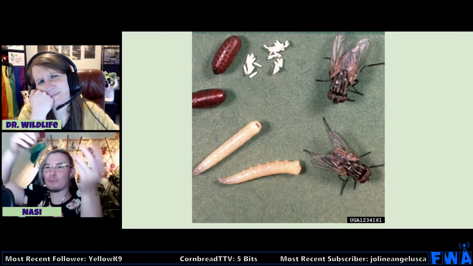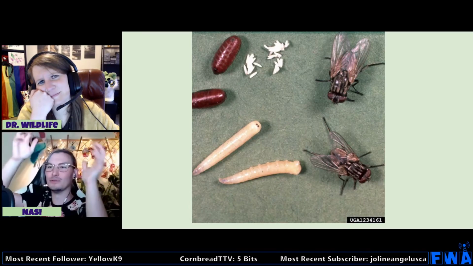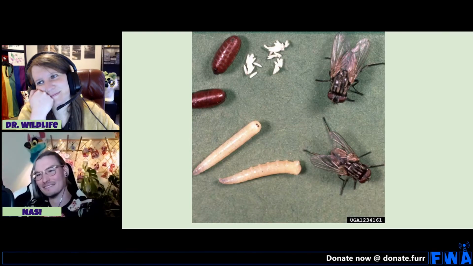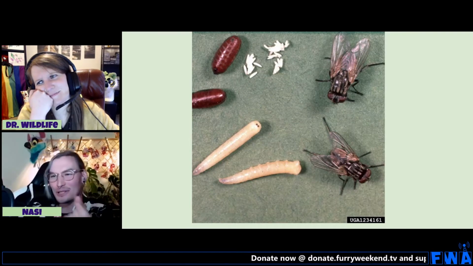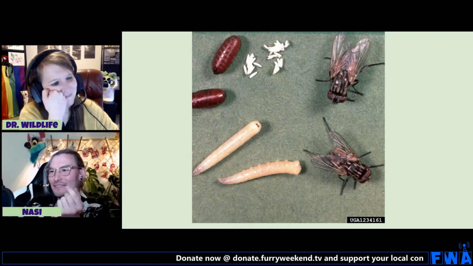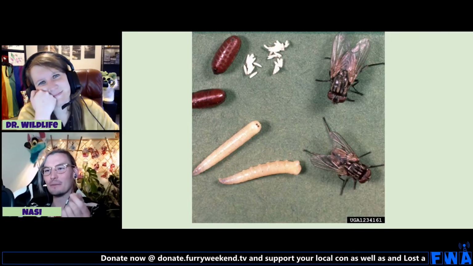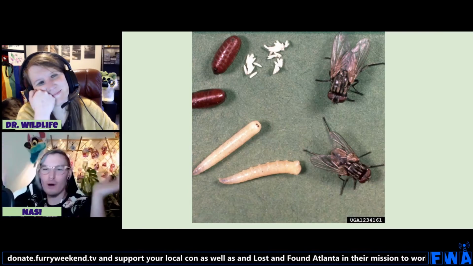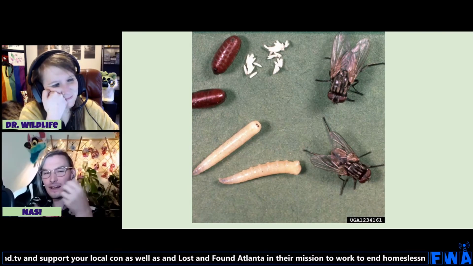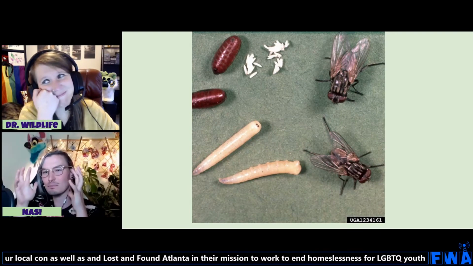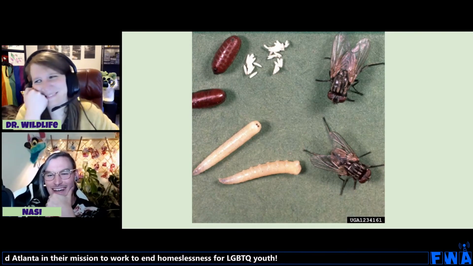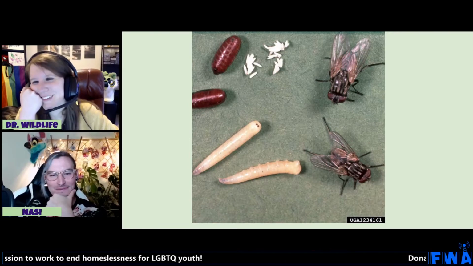It pretty much pops open the top, and then the balloon comes back into their head, closes up, and they fly away. That's the only purpose of the inside-of-the-head balloon: to open up the pupal case. They could just use their arms to push it open, which most flies do. But house flies have this inside-their-head balloon that they use to open up their pupal case. Insect physiology is weird.